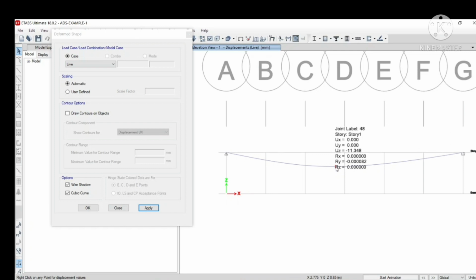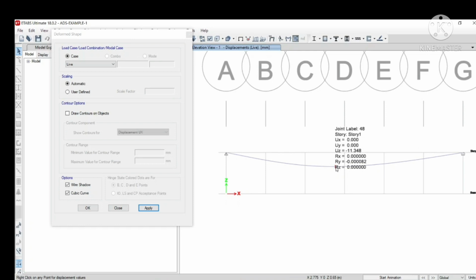So this is the maximum deflection which we got at a distance of 2.77 from the joint A. So if you have calculated from the joint B, it will be around 3.23 meter, and what you got in theoretical value is the similar value what we got.